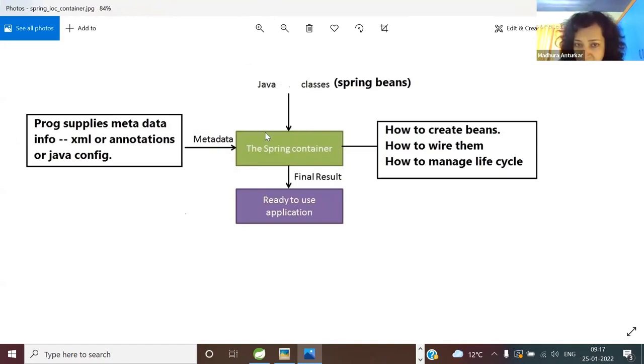This is your Spring container, which we are going to configure shortly. Like I used to say web container a couple of days before, is the Spring container a magician who understands things automatically? It doesn't. So you have to give the inputs. One input you will require is, you will have to supply the Java classes. Those Java classes or later objects which are going to be managed by the Spring container are called Spring Beans.